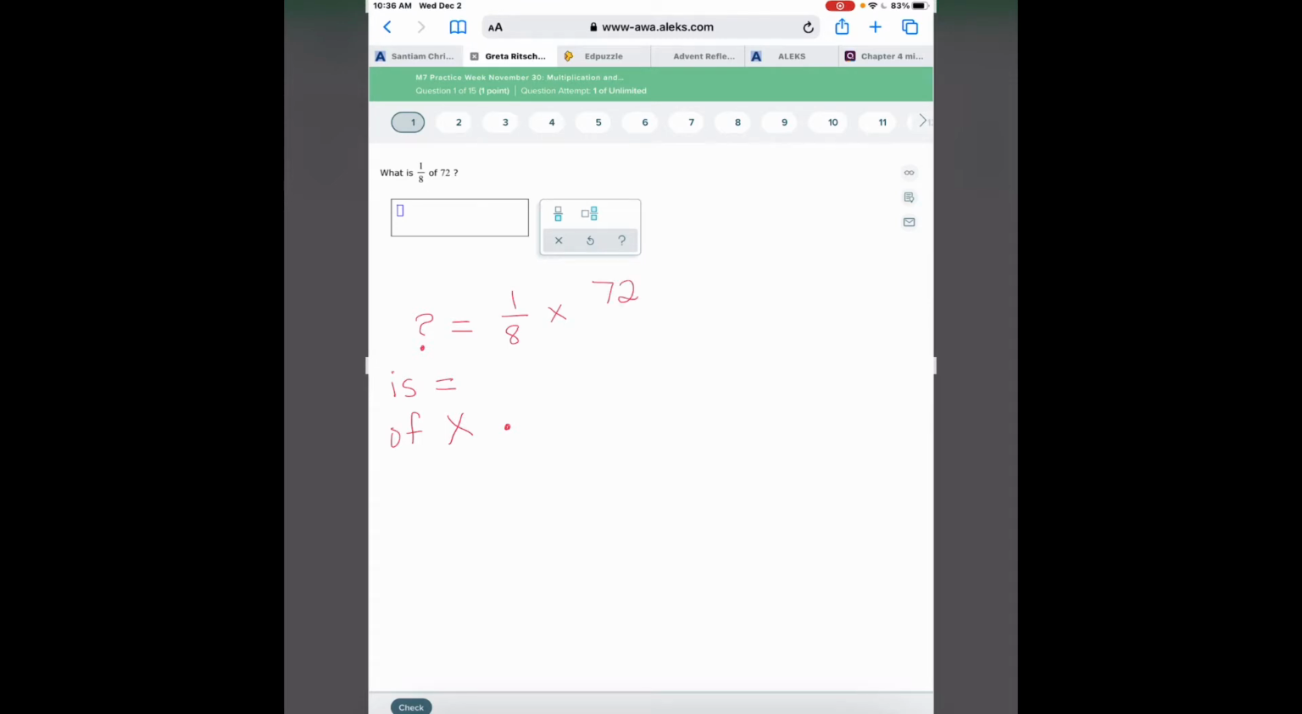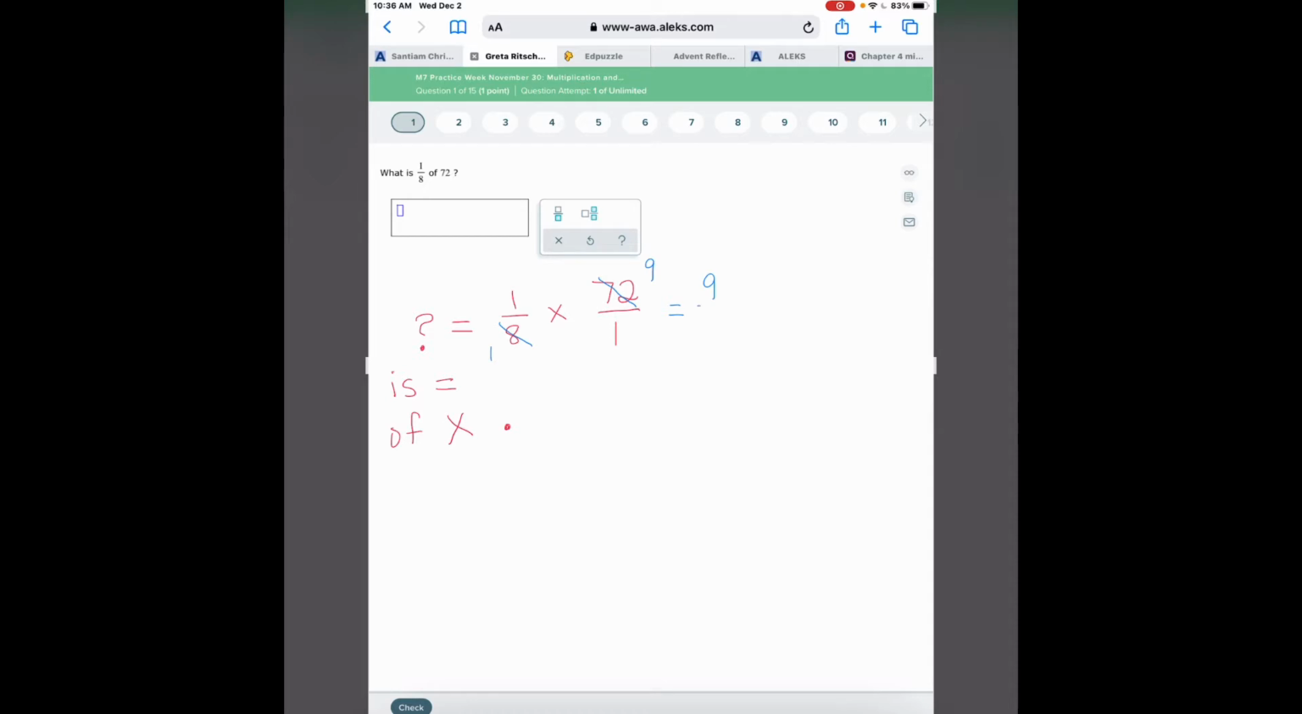We know that 72 can be 72 over 1. When we multiply fractions, we multiply the tops and we multiply the bottoms, but we can also cancel common factors. So I know that 8 times 9 is 72, and so I could cancel this 8, and 8 times 9 is 72. So I've taken an 8 out of both of those,